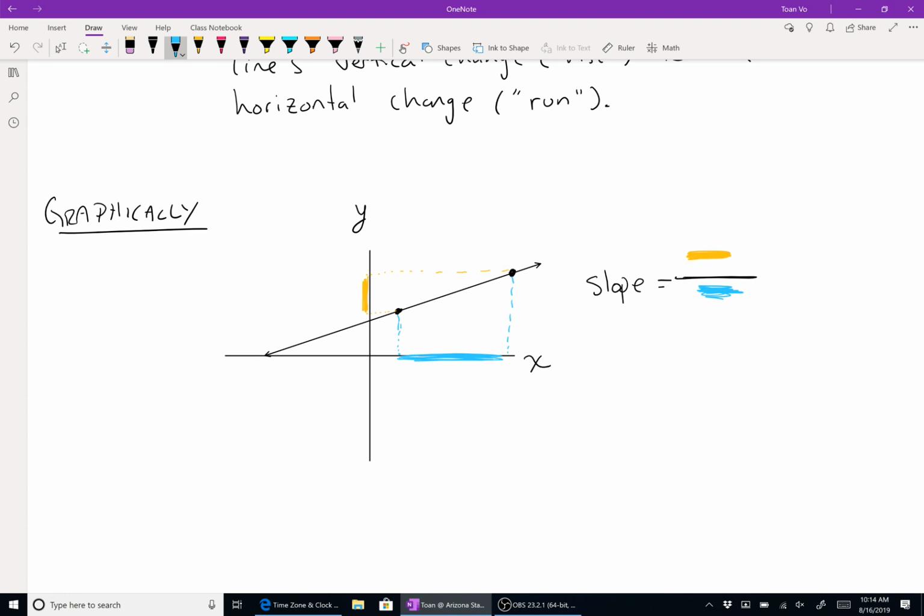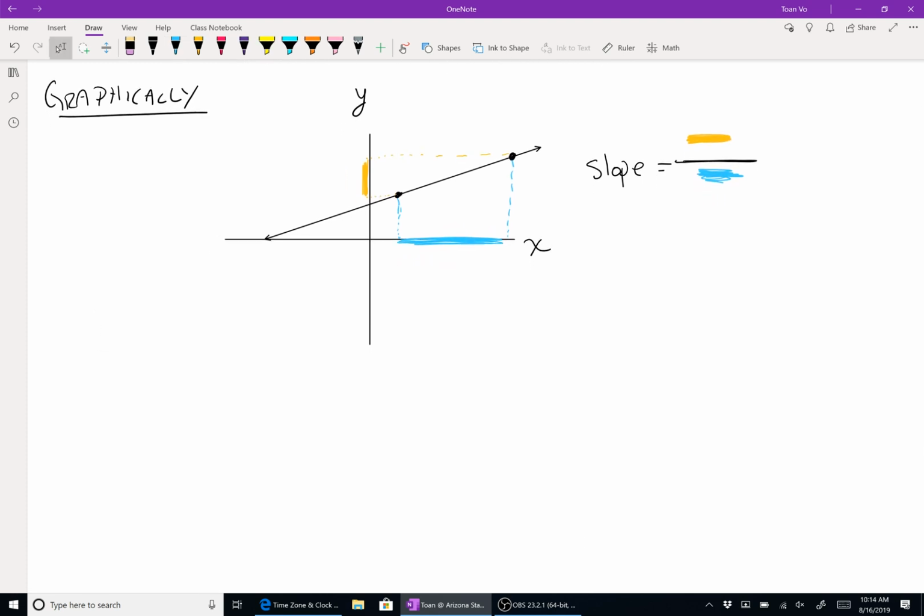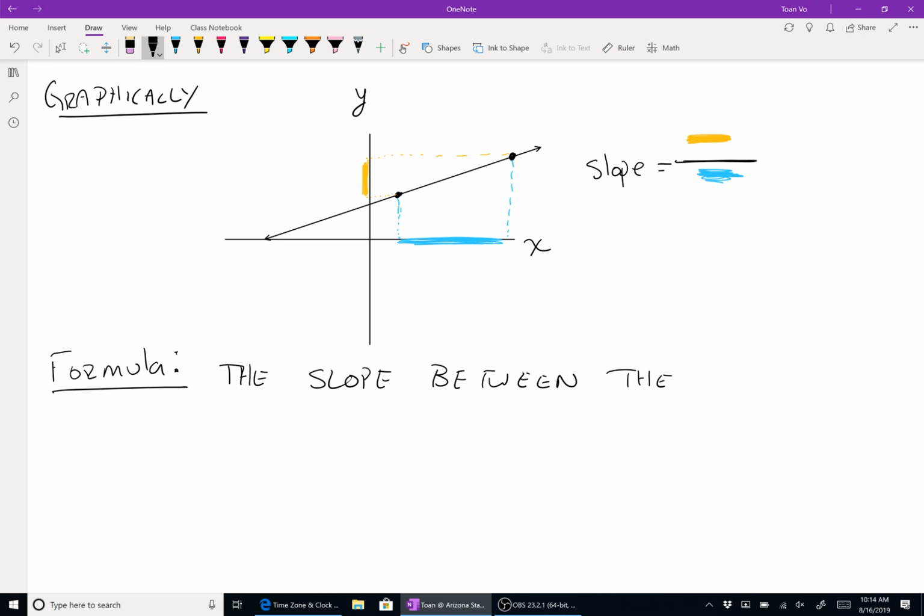Now, of course, this isn't useful for us because we're not going to have green and blue, and we want numbers, we want math. So there is a formula, there is a way to actually calculate slope, and we, not surprisingly, call it the slope formula. Notice how when we calculate slope, it's always between 2 points. Right? You can't have slope unless you have 2 points. So the slope between the points,